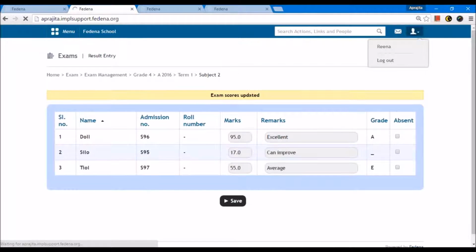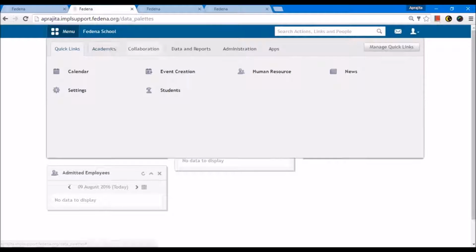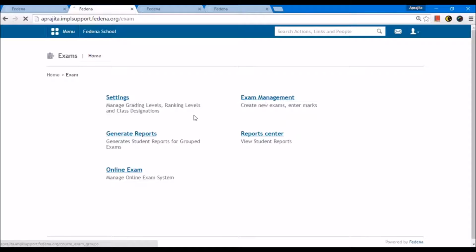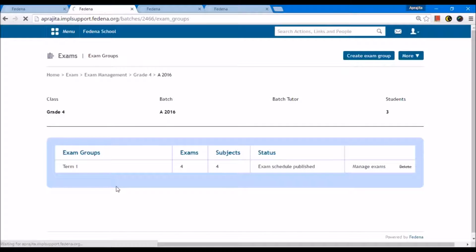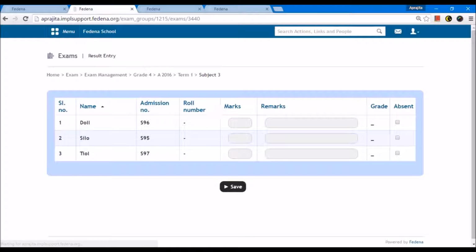Now, let me log in back as admin and enter the pending marks, which the subject teachers can also do. But let's do it as an administrator by going to examination, exam management, selecting the batch, selecting manage exams, and entering marks for the pending subjects, which is subject 3.